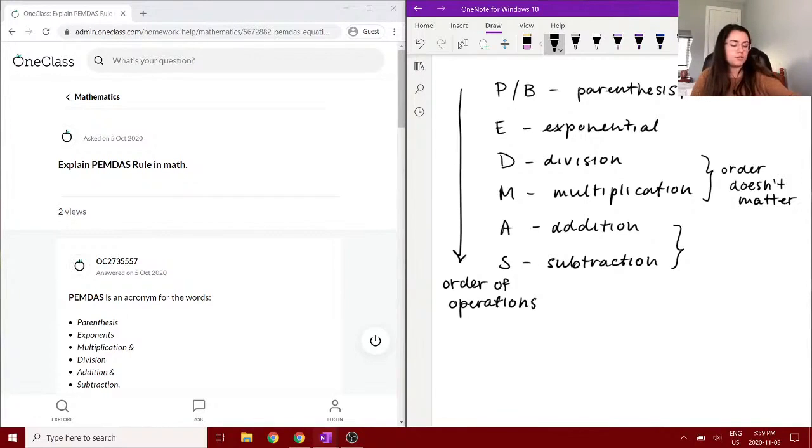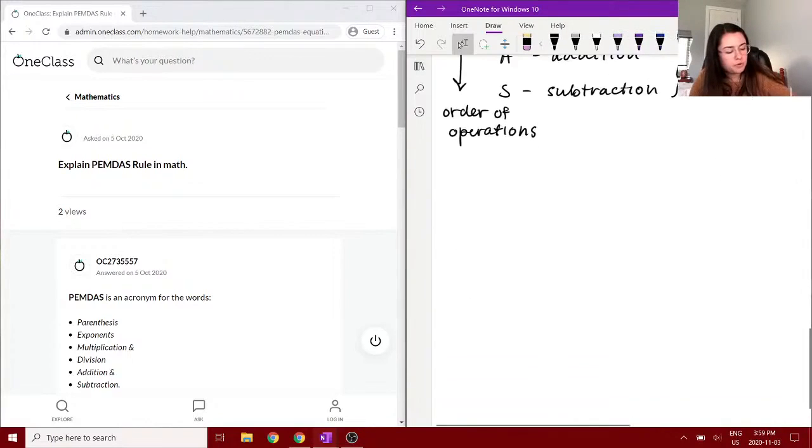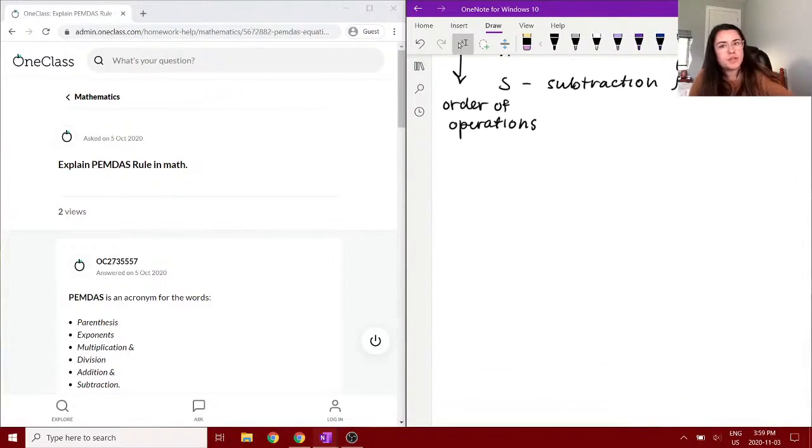And the same thing goes for addition and subtraction. However, for example, if you come across an exponent, you want to do that operation before you add or subtract, let's say, okay? Let's go through a quick example so that you can see how this can be applied,